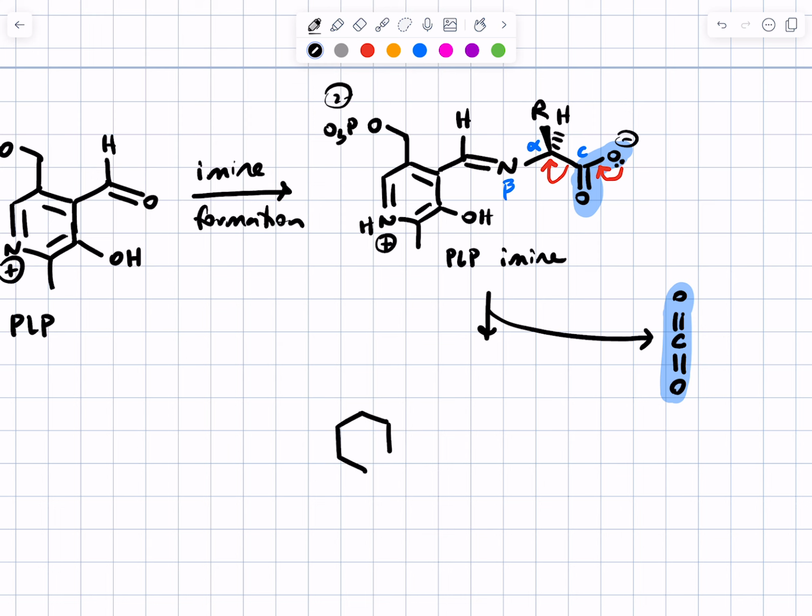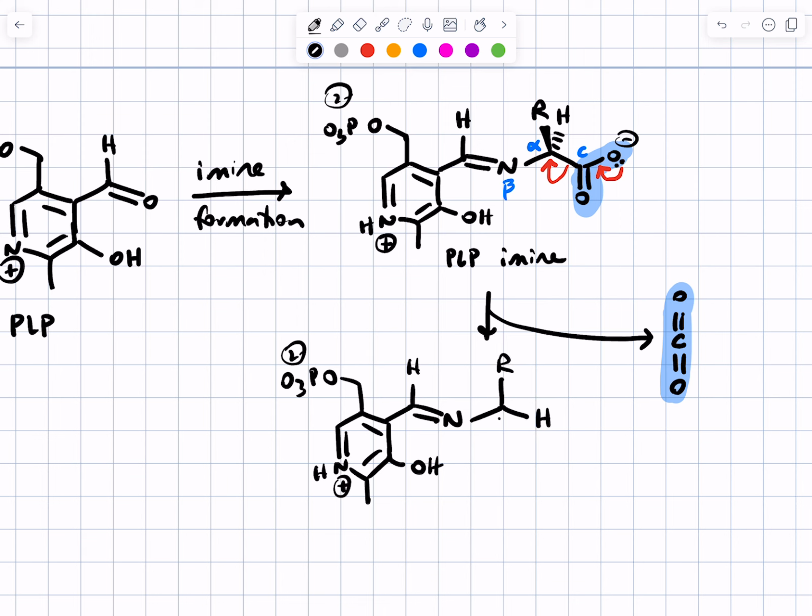And then here is the resulting thing that's left after we do the decarboxylation reaction. All right, there's the nitrogen. There's the alpha carbon. Still on it are the R group and the hydrogen,